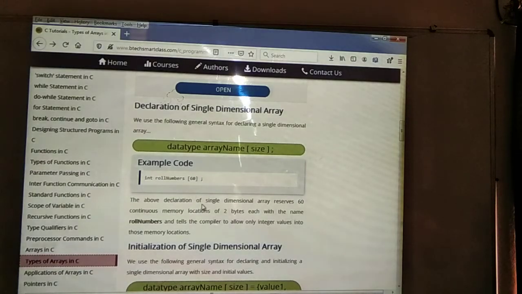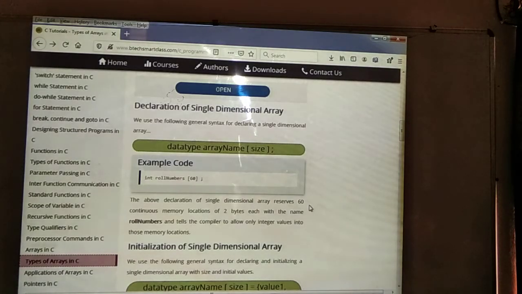The above declaration of single dimensional array reserves 60 continuous memory locations of 2 bytes. Means 60 memory locations. Each and every value will occupy how many bytes? 2 bytes, with the same name. Which name are we going to use? The array name. What is the array name we have given? Roll number.